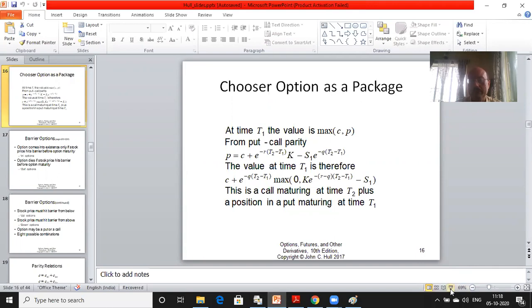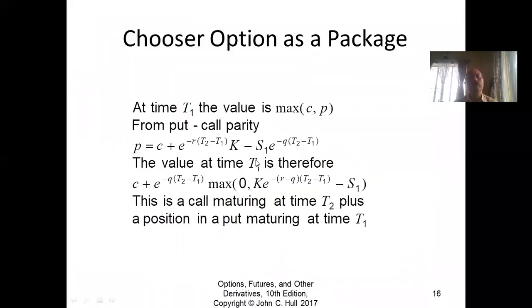So that version is what is being used here, the continuous time compounding, and using the put call parity with continuous time compounding, we can evaluate the chooser option as a package deal, either as a package deal of a call and a put option maturing early, or a put option plus a call option maturing early. Now you know how to go from one to the other, how you can switch between a put and a call. So that you can do very easily here. It will take a little bit of practice, but it is good to start doing these things now.